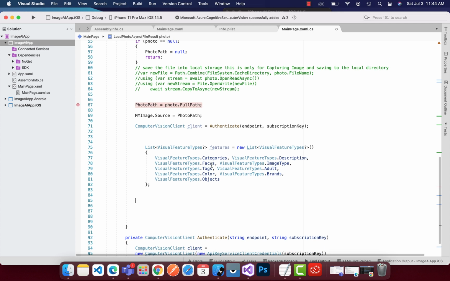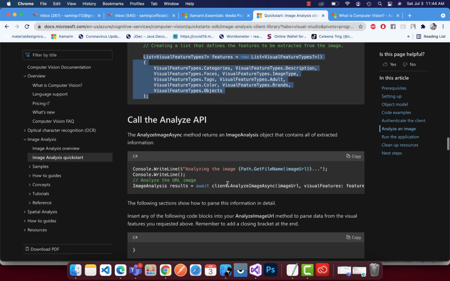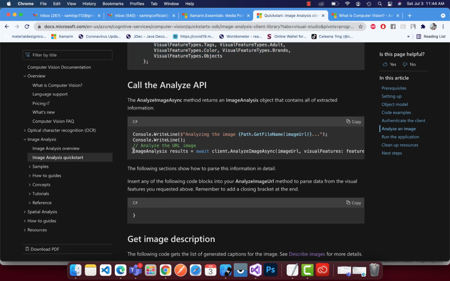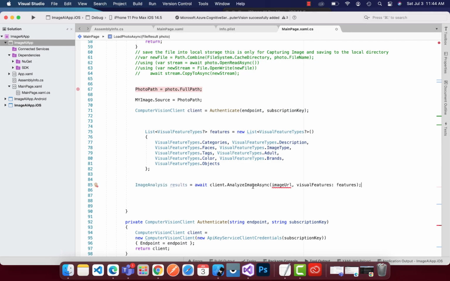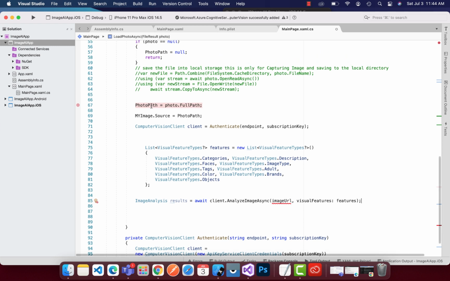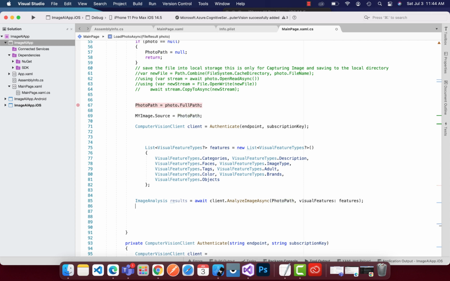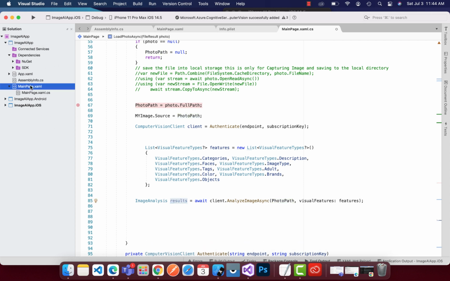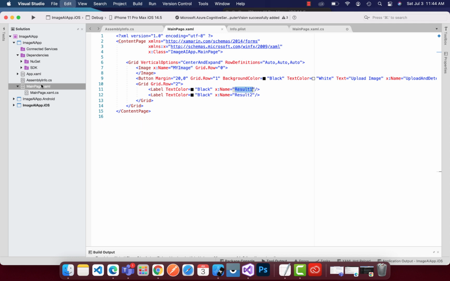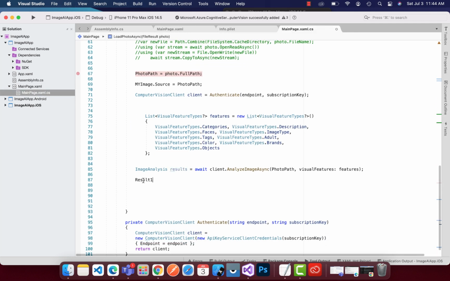And then our next thing is we have to go with the computer vision client, correct? So we have to call the API now, so we need to establish a connection. So I'll just copy this whole line of code and then paste it over here. So a client is an HTTP client, you know that, and this photo path is the path of the image which gets extracted when we upload an image or when we take an image photo. Okay, so that is what, and then result dot text equal